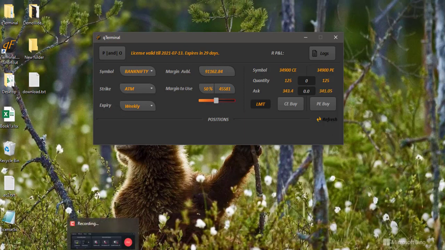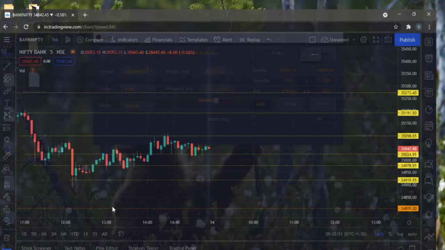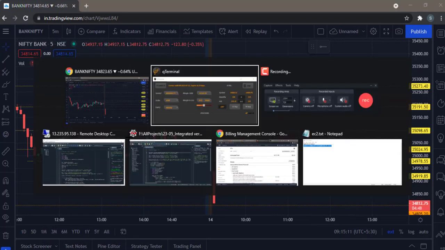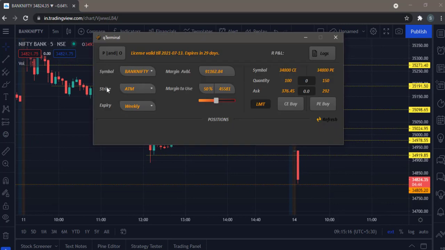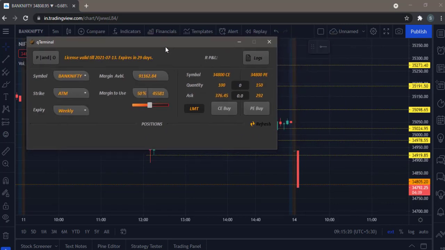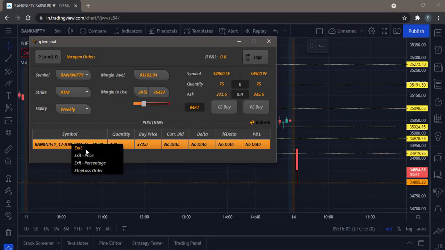Okay, so this is how it would look in live. Let me try taking a trade. Okay, time to take a call option. It's approaching my support level. Okay, I'll take a call option with reduced capital. So I bought 100 quantity. So let us see how things go from here. Already reached 2.5%. I'll be exiting the trade now.